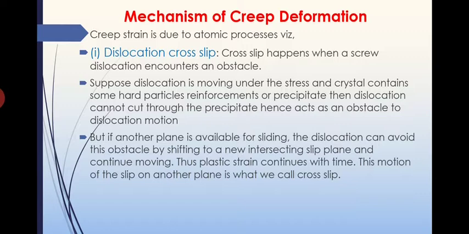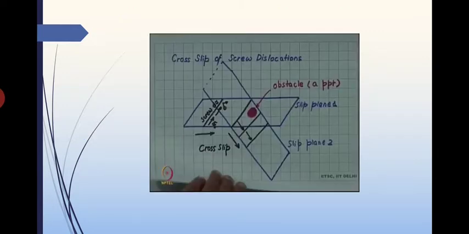We'll call it dislocation cross slip, and because of this dislocation cross slip, creep is forming. That is one mechanism. Of course, this is happening at a low temperature. Dislocation movements are happening at low temperature, others are happening at high temperature. So most of the creep happening at low temperature is because of dislocation cross slip, and another one